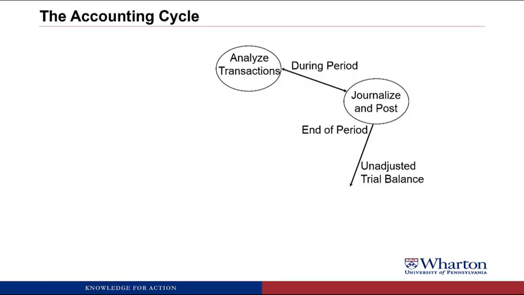So far, we've looked at the part of the accounting cycle where a company is analyzing transactions, doing journal entries, and posting to T accounts during the fiscal period. And at the end of the period, the company does an unadjusted trial balance to make sure that there are no mistakes made so far. Now we're going to move on and take a look at the next step in the cycle, which is adjusting